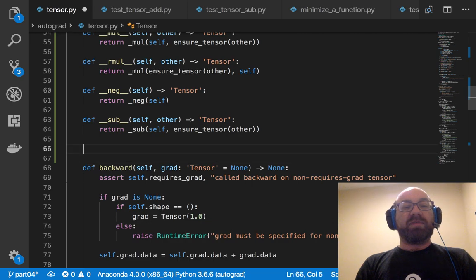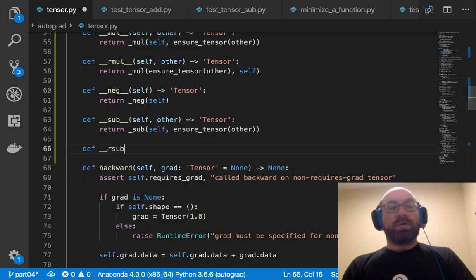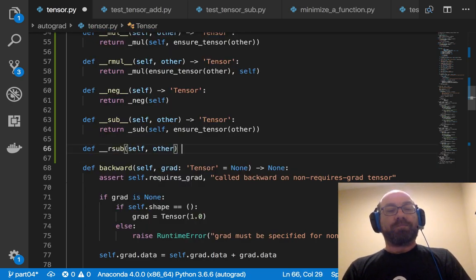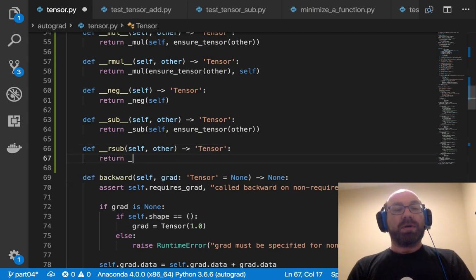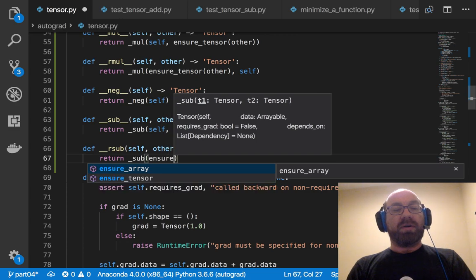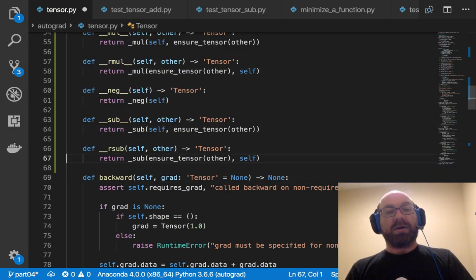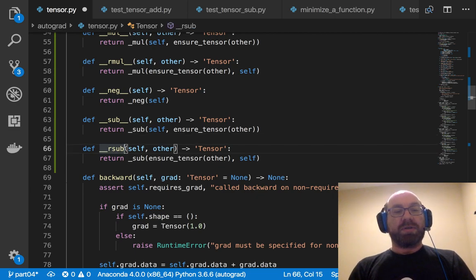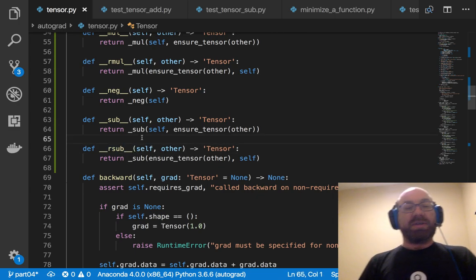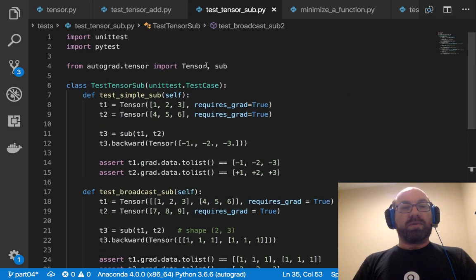This is a lot of boilerplate, but it just gives us a nicer library to use. So return sub of ensure tensor other self. This one actually does matter, the direction I do things in, and I should write tests for those as well, but probably not going to. So again, I'll replace this with T1 minus T2